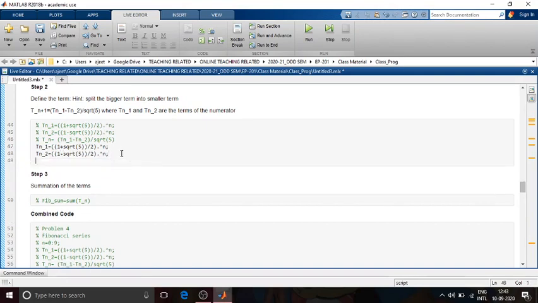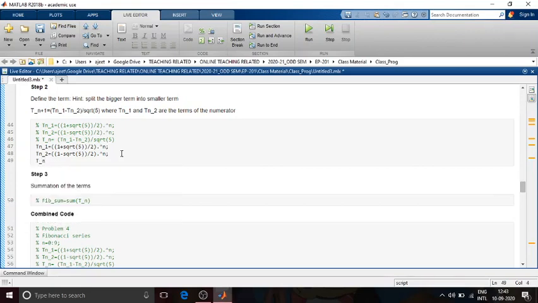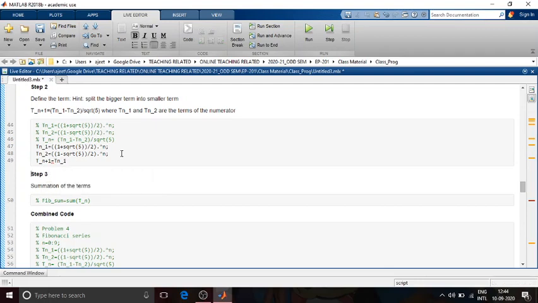Alright, what is the t underscore n? T underscore n, if you want to give the name n or n plus 1, whatever name you want to write. Suppose you want to write n plus 1 only, so you write this is basically t n underscore 1 minus t n underscore 2, this divided by sqrt of 5. So